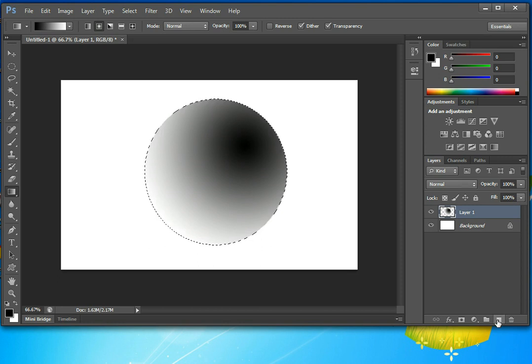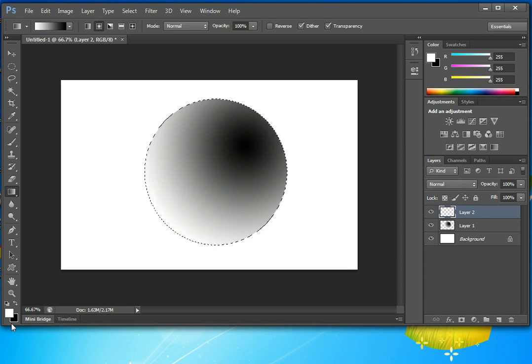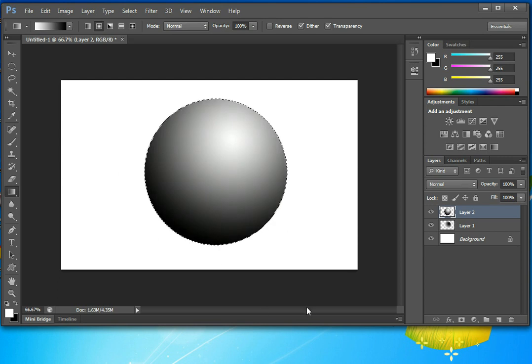So now we're going to create a new layer. We have that. You'll see how this works out in the end. So we're going to create a new layer. Now we're going to flip the white and black. What we're looking for is the highlight to dark. So wherever you're going to click on your elliptical shape, that will be the hotspot where the light source will be coming from. So I'm going to click here around the same area and drag,